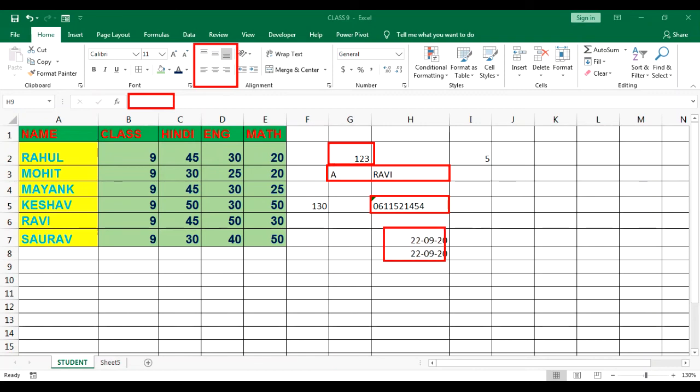So five types of data you can enter in MS Excel.